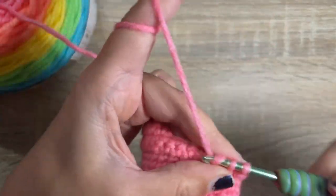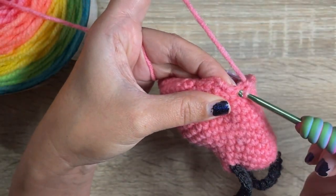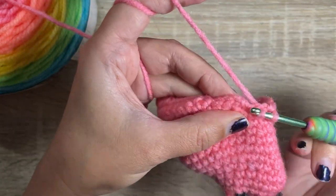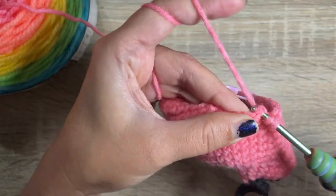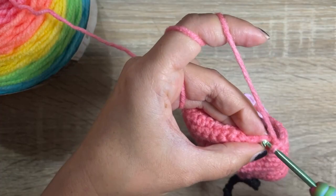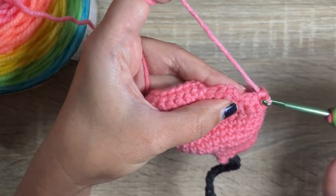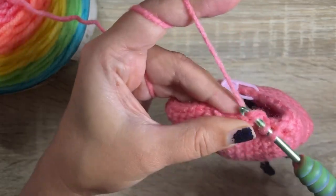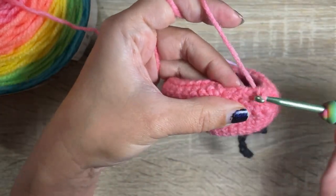Okay, so we're going to do the same special decreases here, but in the opposite direction. So first we're going to go through this last unworked stitch here at the bottom, yarn over and pull through. Then we're going to go through this corner stitch up here, yarn over and pull through, and then yarn over, pull through all 3 loops, and single crochet in that middle stitch. Okay, do that again, yarn over in the stitch at the bottom, go into the stitch up here at the corner, finish your decrease, single crochet in that middle stitch,